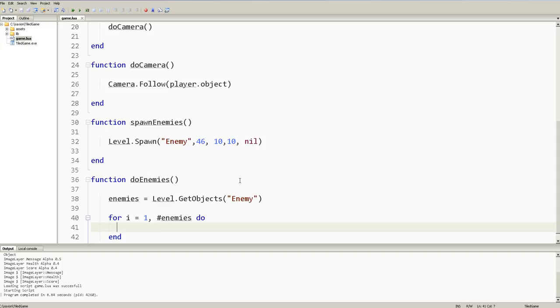So I'm just going to type it and then I'll just explain it. Then I'm going to say enemy is controller dot control enemies I5. Okay, so what this does,